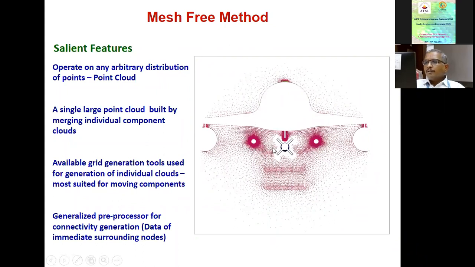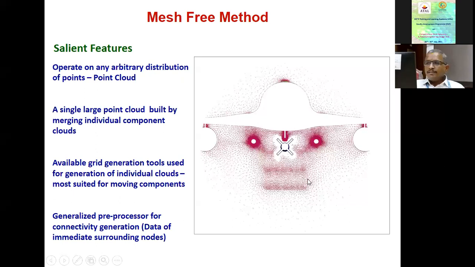Similarly, you can see 1, 2, 3. Suppose here also in the little outboard side, on both the sides, you can see 2 attachments. So there are a number of attachments. What I'll do is generate one single grid around each component, and I will source the points from this grid. Rather, I will not use the grid in terms of coordinate lines or finite cells or faces. I will just source my points from these individual grids generated around each individual component, combine all of them and get a cloud of points.